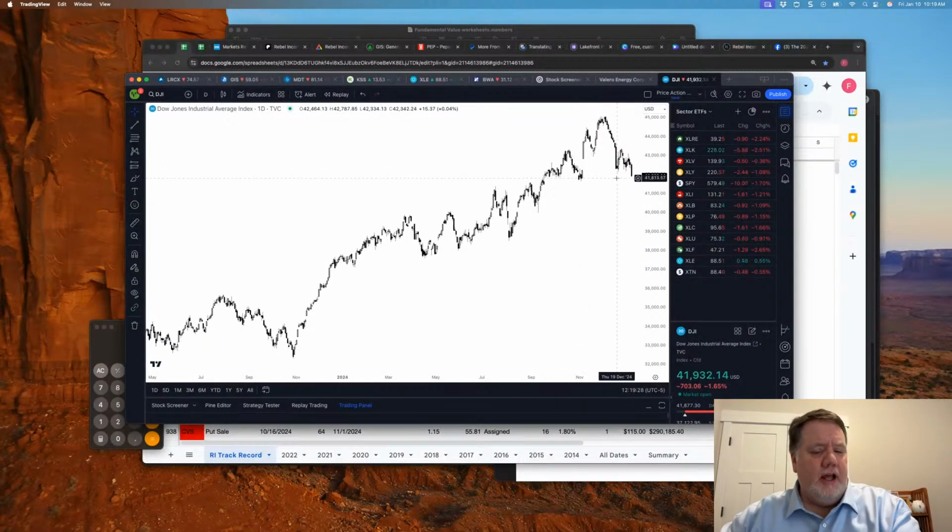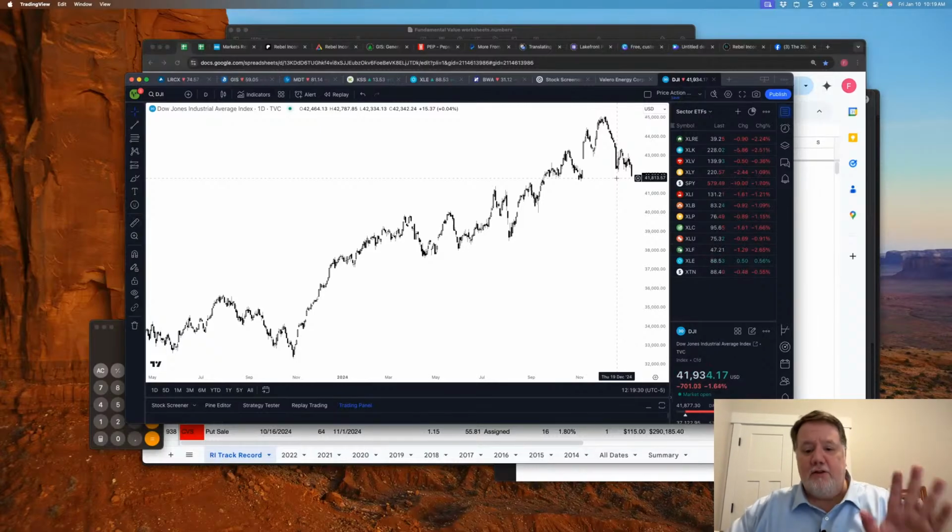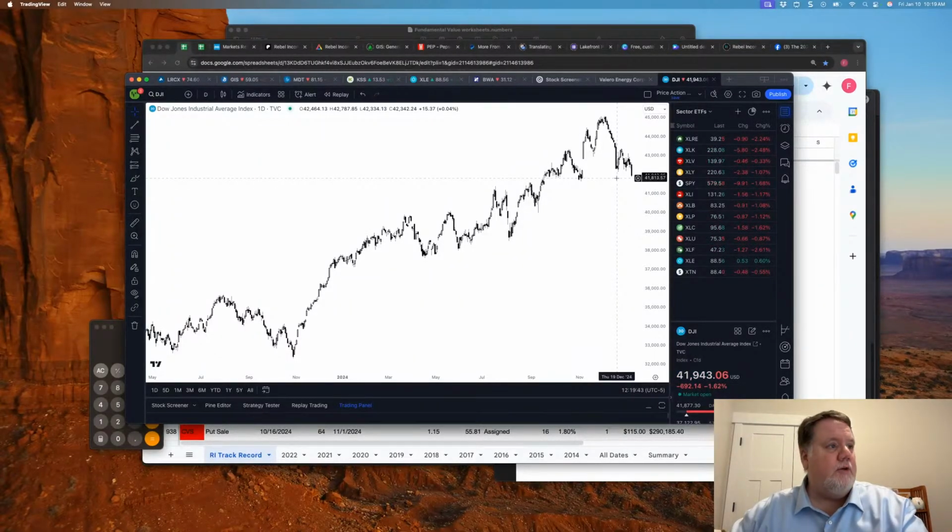So that doesn't mean, again, I don't dismiss this. I'm not shrugging it off and saying, no big deal. Obviously, this has a direct impact on current positions, and that's something that we have to consider and think about as we're talking about the trades that we're placing and we're in right now.